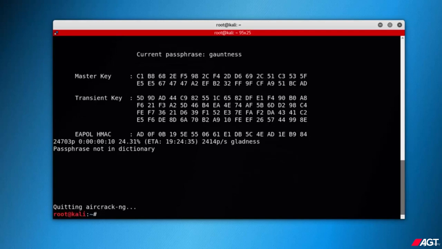So as you can see, it has made 24.31% progress. So if I start this session again, all we have to do is give the tool name John, and then we have to give restore, and then we have to give the session name, test network session,